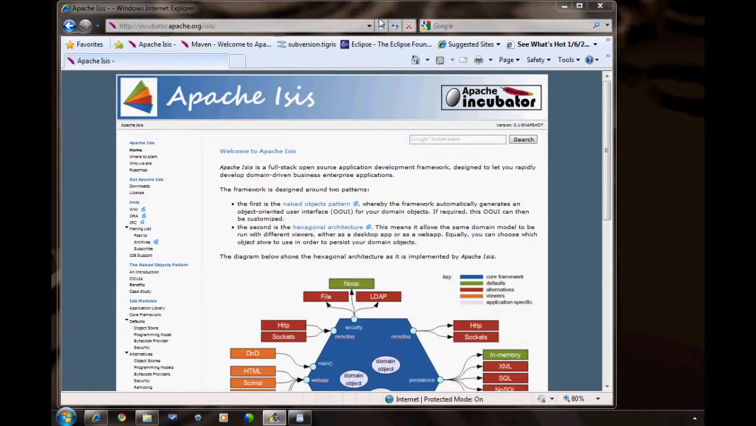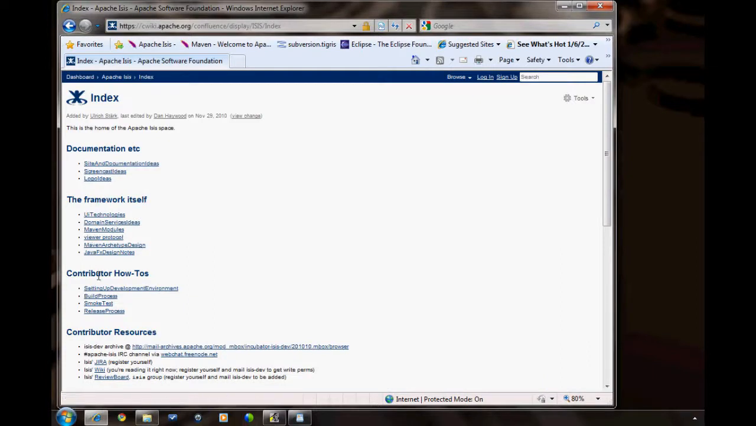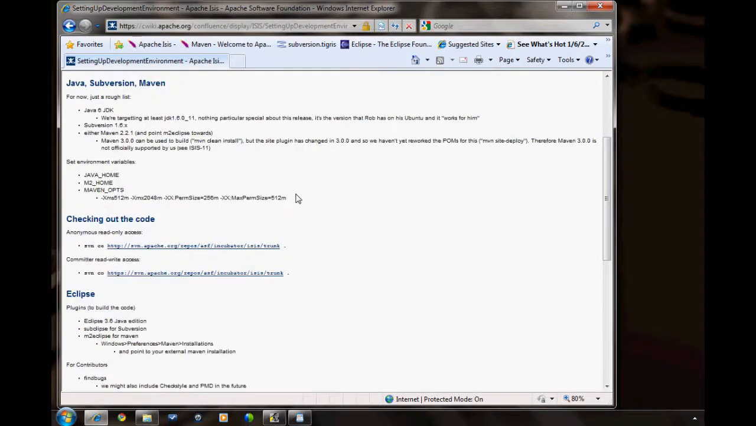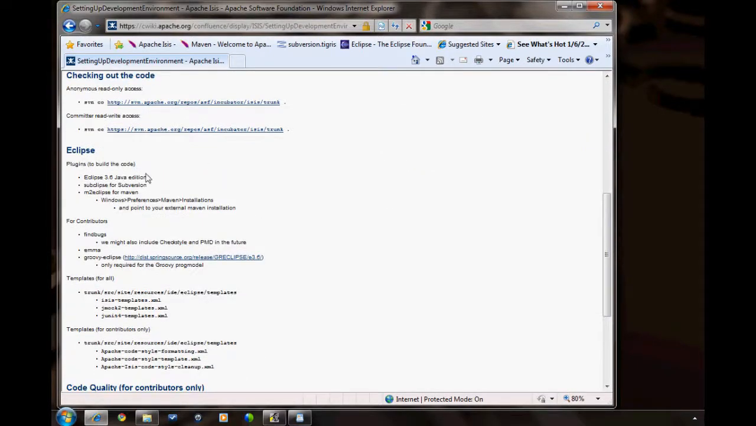We'll start out by beginning at the Apache Isis homepage, and we will select the wiki. Under the wiki we'll go to Contributor How-Tos and click Setting Up the Development Environment. If we scroll down and go under the Eclipse section, you'll see what you'll need is Eclipse 3.6 Java Edition,